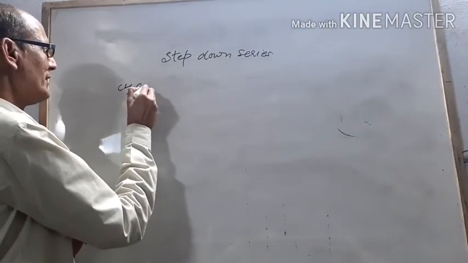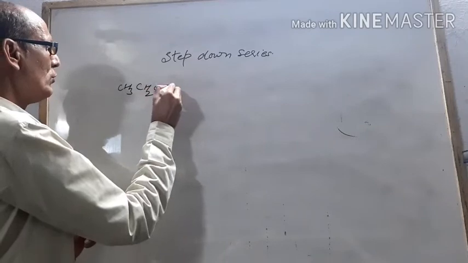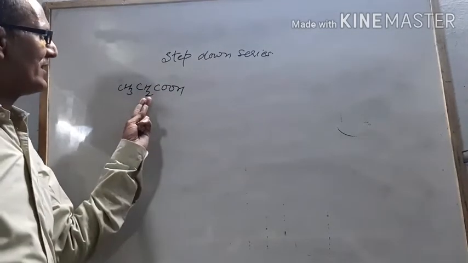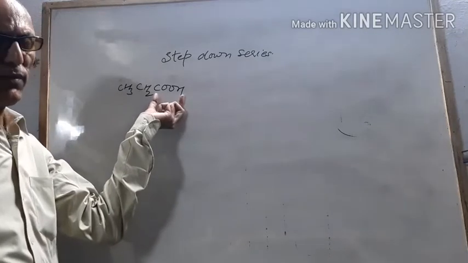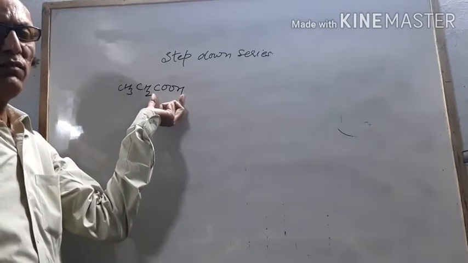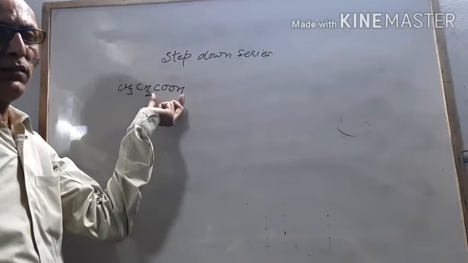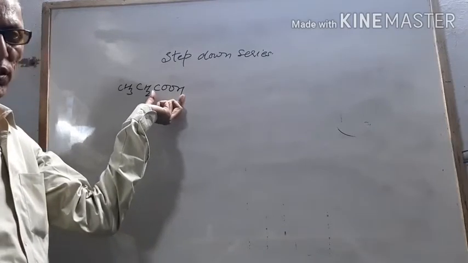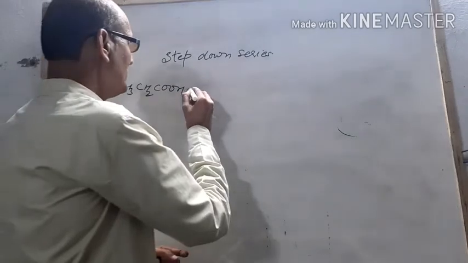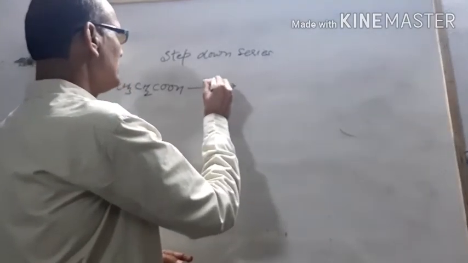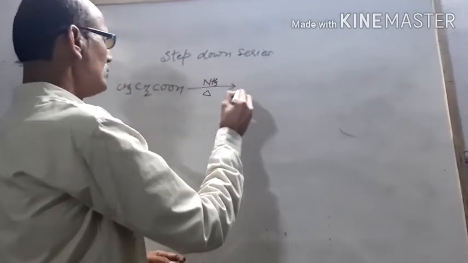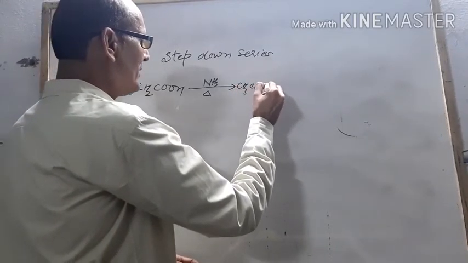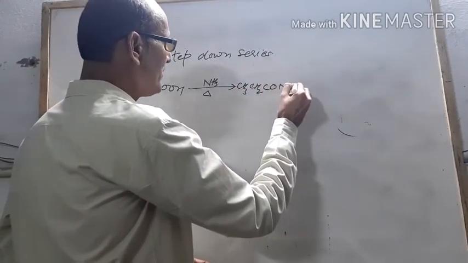CH3CH2COOH. As we are seeing, it already has the COOH group, and we need to decrease one carbon, so directly I do the reaction with NH3 and heat. So you will get CH3CH2CONH2, amide will form,